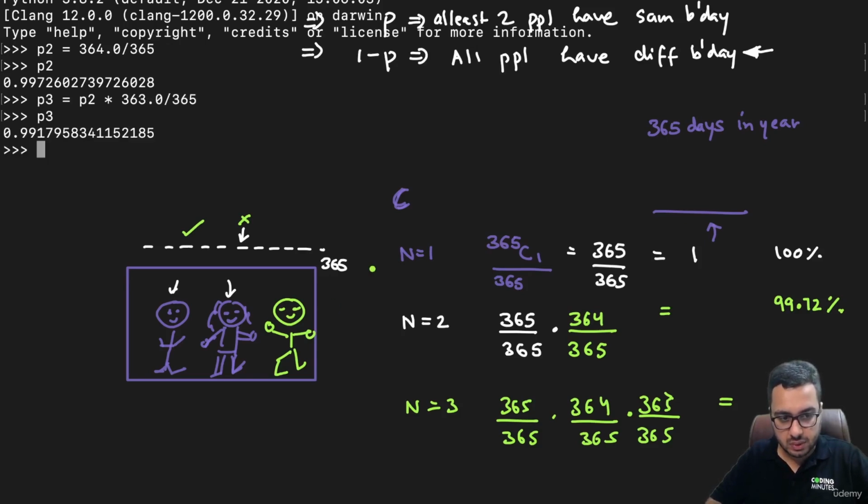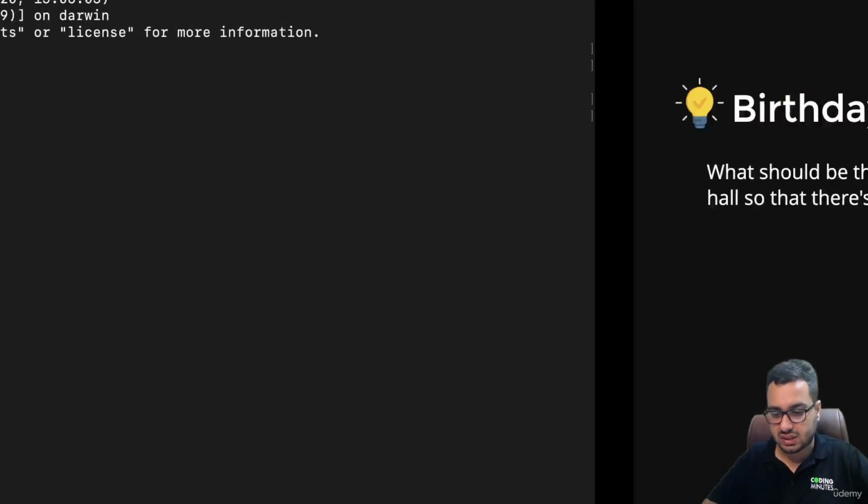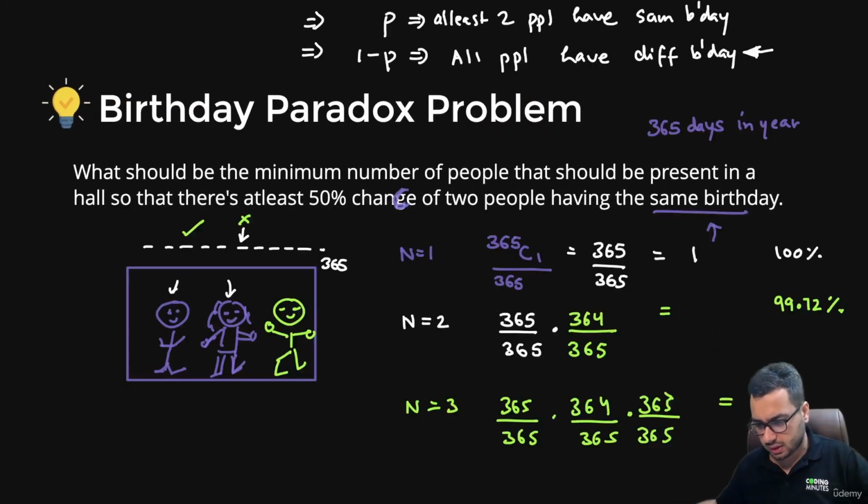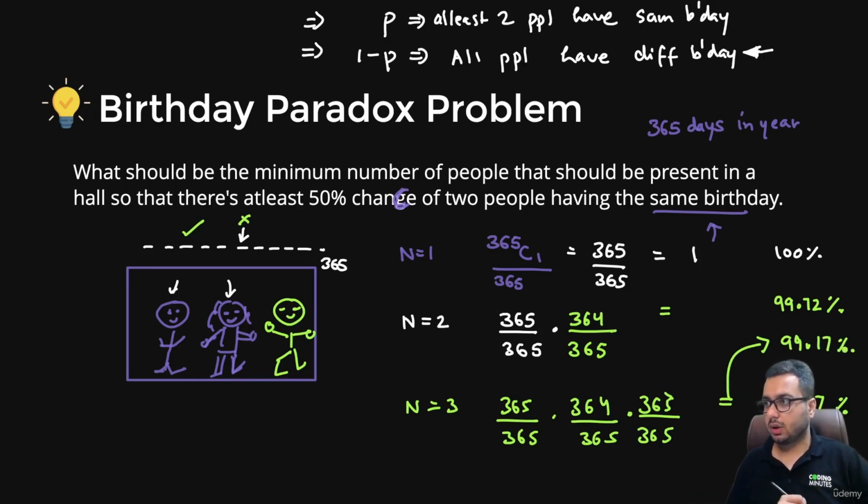Okay, and what is P3? It is 99.17%. So what you can observe is, as the number of people are increasing,